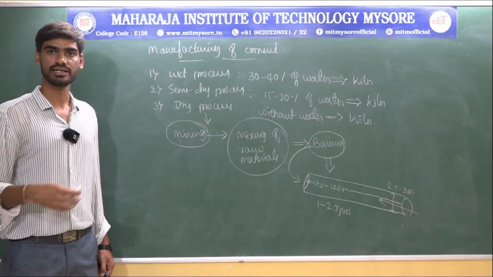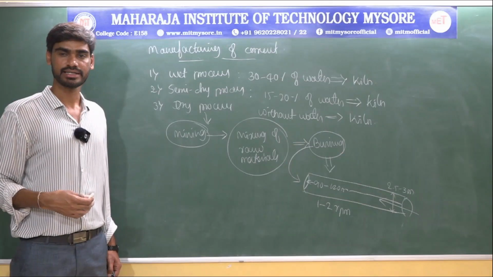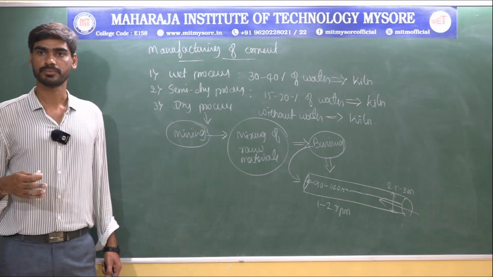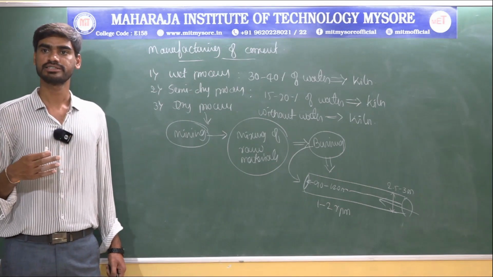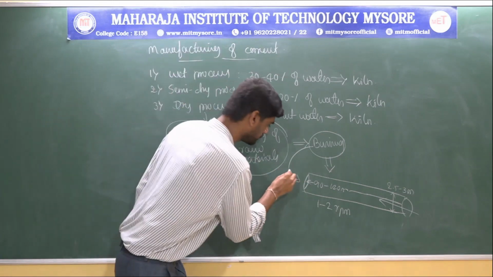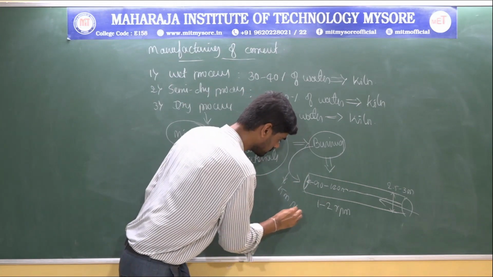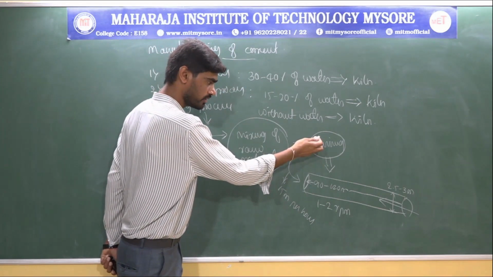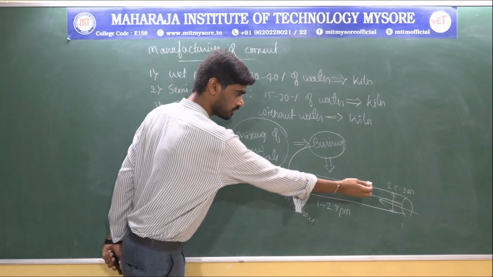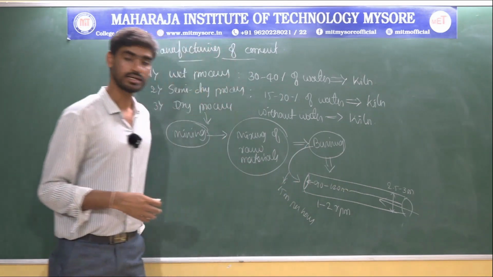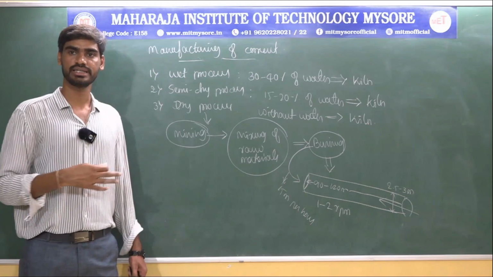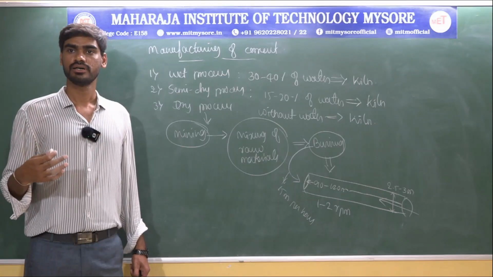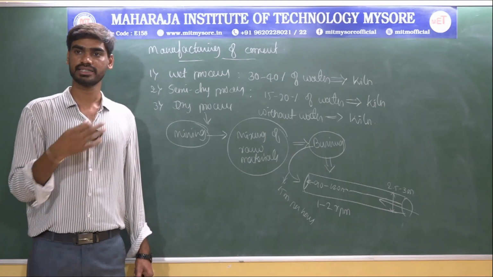So basically the materials are charged from the higher end, right? And then the materials move from the higher end to the lower end very slowly, at a speed of about 15 meters per hour. So the rate of flow of raw materials from the upper end to the lower end through the kiln is about 15 meters per hour. This is achieved due to the kiln inclination and slow rotation.